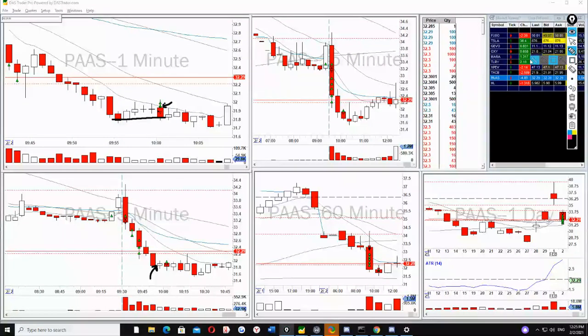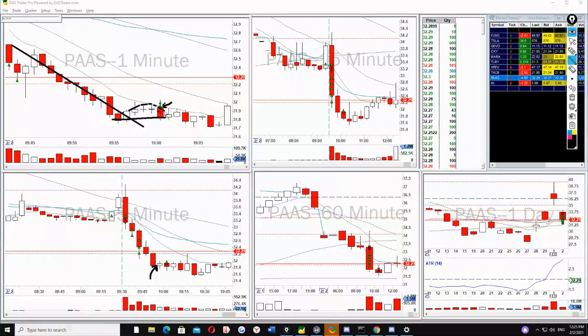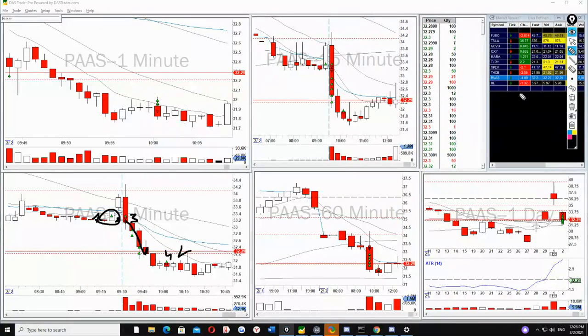I realized that my idea is actually bad because this is not a parabolic reversal. It's looking like this. I'm getting closer to the 9, from which it could wick and go back against me. So I exited with a half-hour loser around here. So you could see 1 trade, 2 trades, losers, 3rd trade, winner, 4th trade, loser, and then this